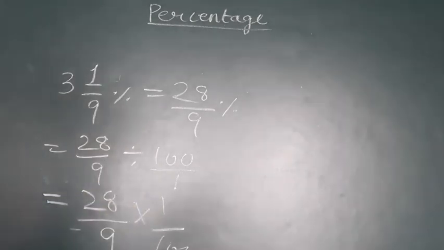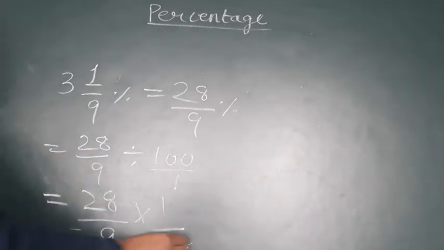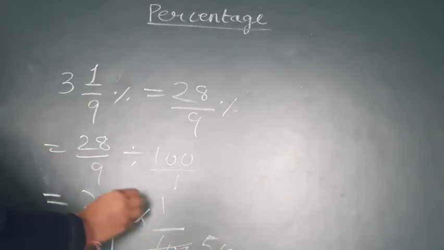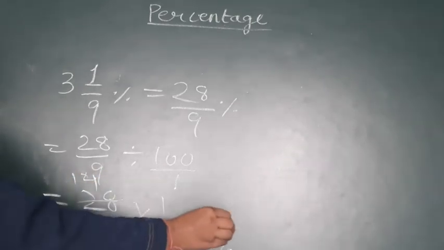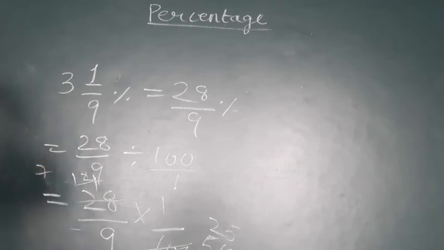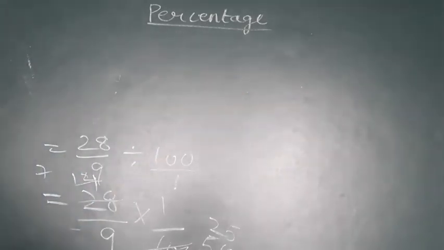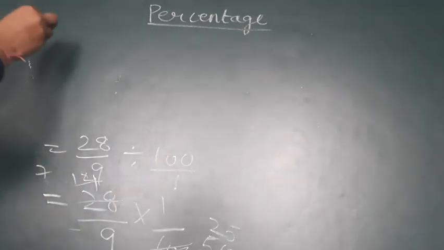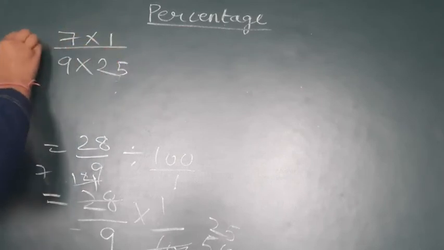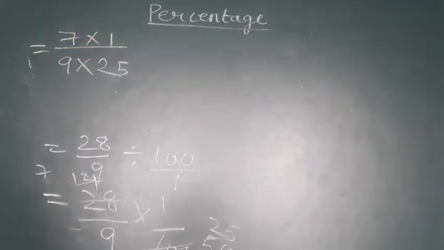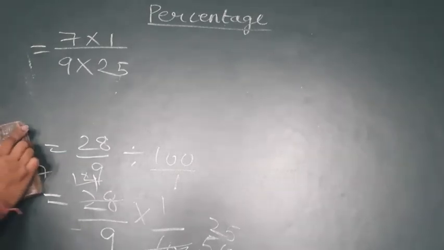Now you have to check whether it can be simplified or not. Okay. So 2 5s are 10, 2 zeros are 0, 2 1s are 2, and then 2 4s are 8. Again 2 25s are 50, 2 7s are 14. Now it cannot be further reduced. So here it will be 7 multiplied by 1, 9 multiplied by 25. Now it cannot be further reduced. So this will be the final answer.